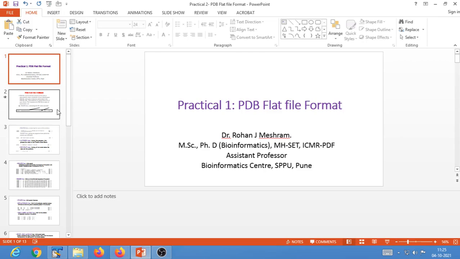So in today's lecture, as I have already mentioned, we would talk about how the structural data is arranged in a typical PDB file. This is very important for you to understand, because it might happen in your subsequent career that you might want to change something in your PDB file, and in that case it would become very handy for you